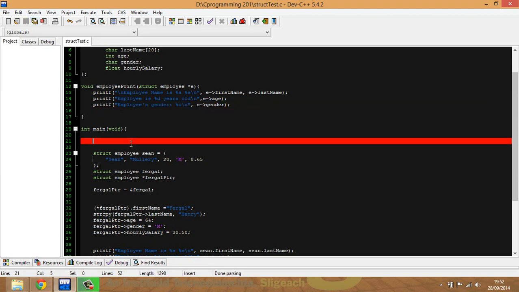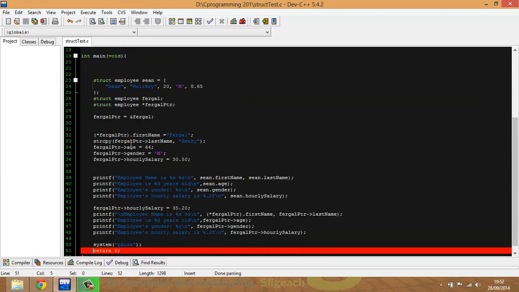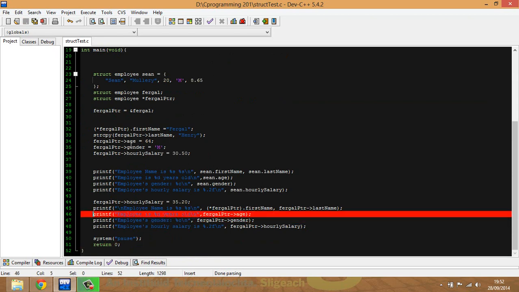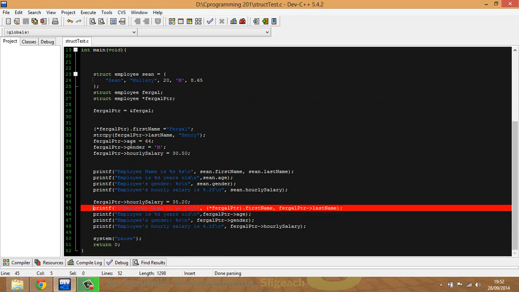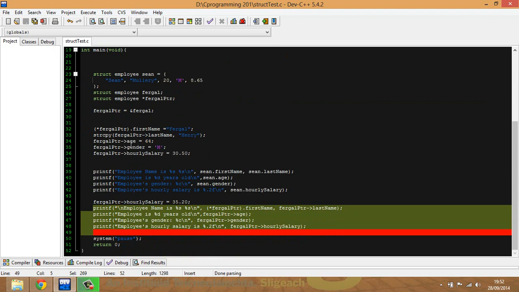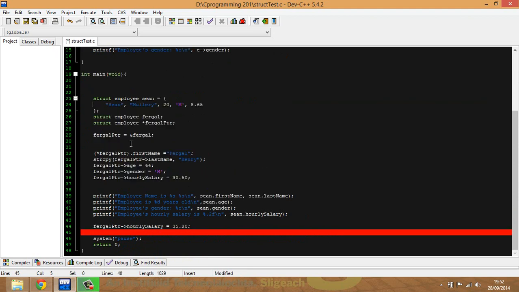Okay, and obviously so that we don't get that mixed up with our previous prints, I'm going to remove these printfs. So Fergal is no longer going to be printed in that way. What I'm going to do is call the function employee print, and I'm going to pass to it